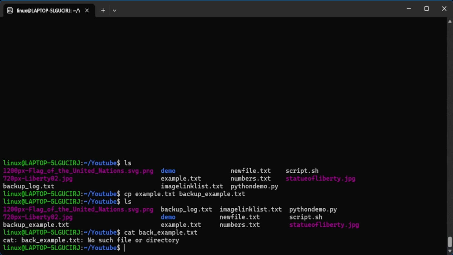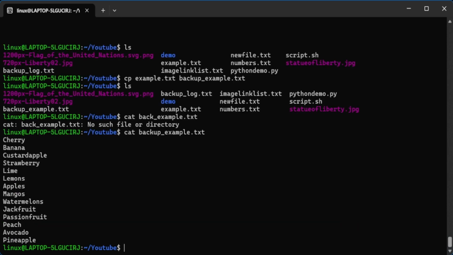There seems to be an issue. Okay, yeah, maybe I made a spelling mistake, but yeah, you can see that backup_example.txt has been created,